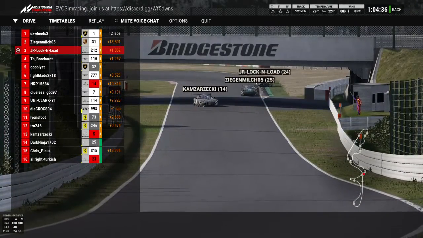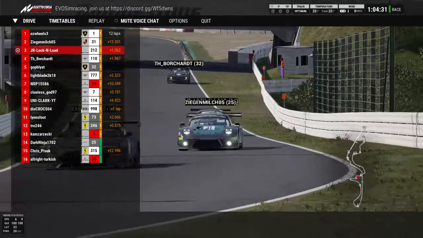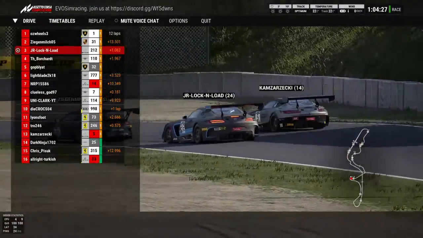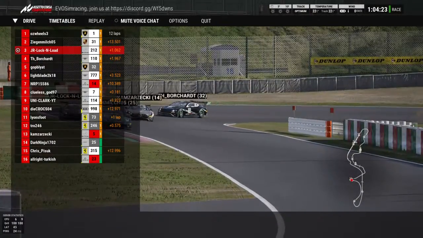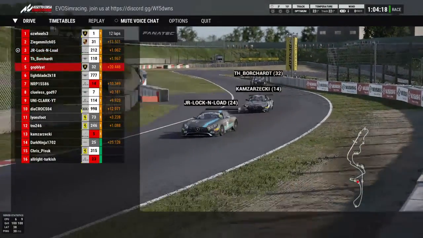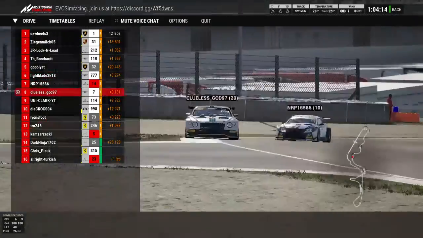back down. Cam Zarzecki gets very wide now, but he's going to be showing blue flags and he's going to have to move out of the way very shortly, as yes, he does pull over to the right, which allows JR and Ziegler to get through. He's also going to allow them to actually get back to them once again. We are going to go back down to